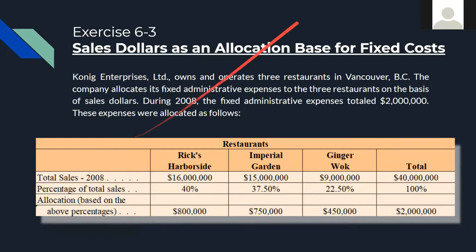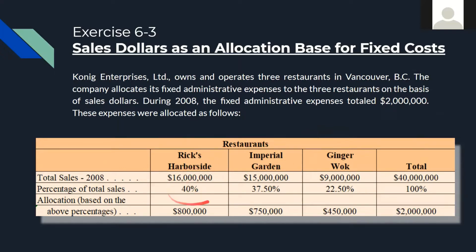The problem is Conic Enterprises Limited owns and operates 3 restaurants in Vancouver. The company allocates its fixed admin expenses to the 3 restaurants on the basis of sales dollars. As shown in the table, the fixed admin cost is already given, which is 2 million. These were allocated to the 3 restaurants, which are Rick's Harbor Side with sales of 16 million or 40%